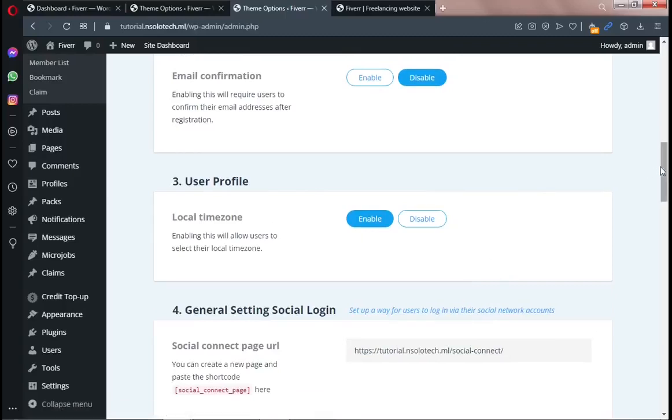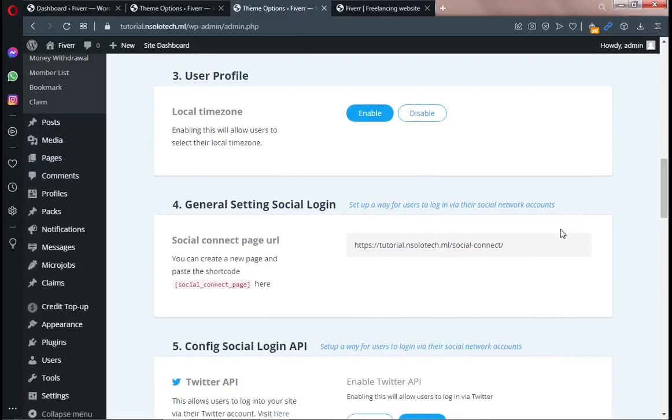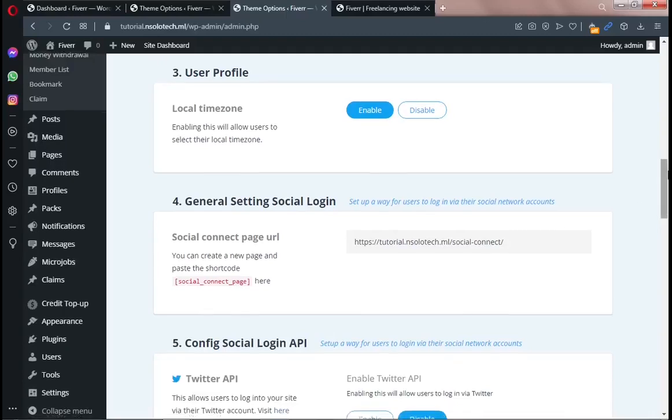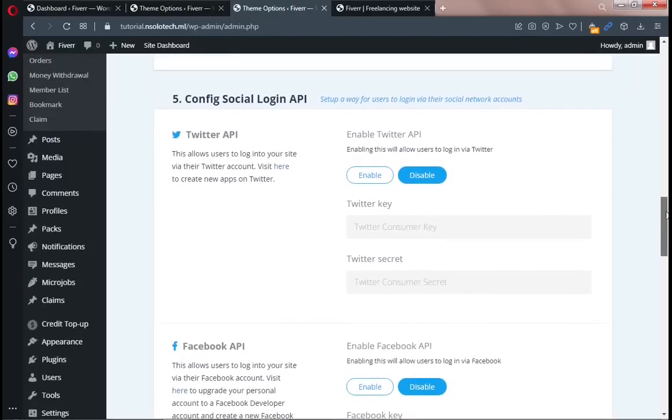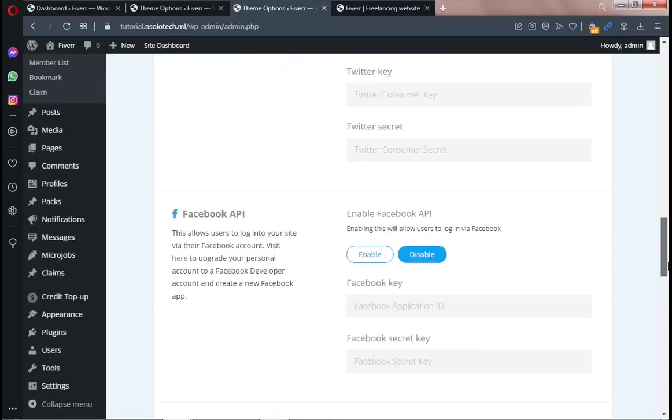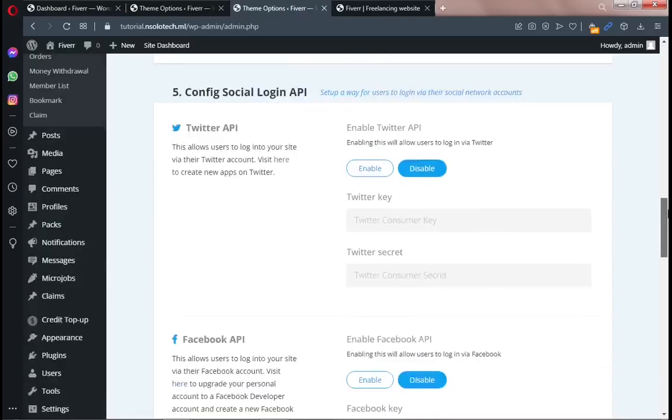General settings, social login. You can have social logins like Facebook login system, Twitter login system. So you enable those API here, but it's beyond the scope of this video. Alright, maybe in future I'll make a video showing you how to do this, or you contact me if you get to this part of the video. I'll be more than willing to help you. So it's about creating developers accounts in these social platforms and posting those keys here, and make sure you enable it. Alright, okay,